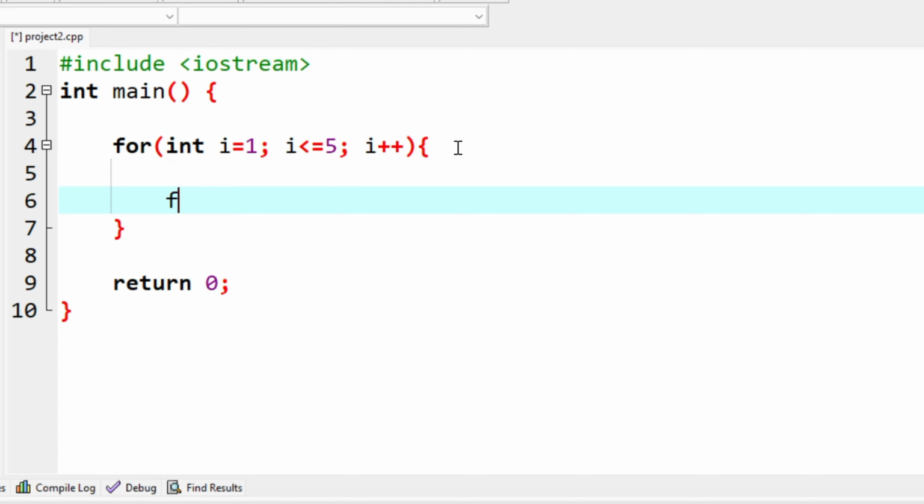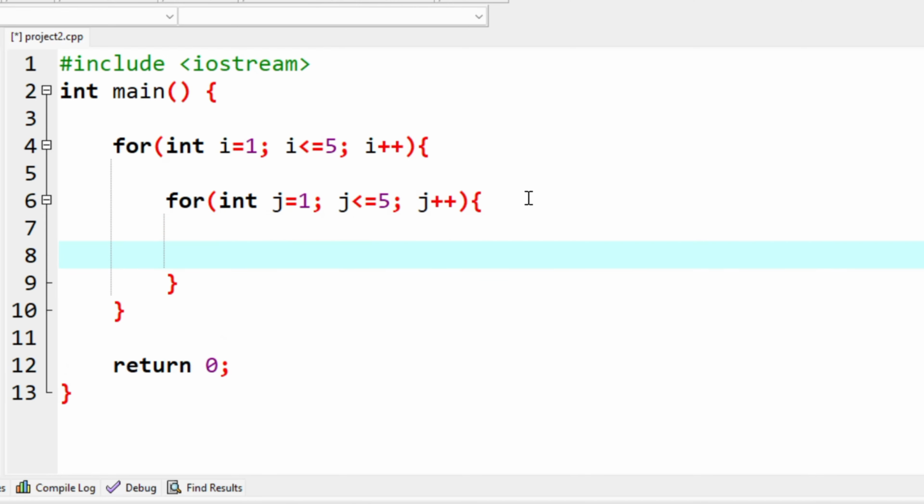So we need to create another loop for columns, for int j, which is equal to 1 also, then j less than or equal to 5, and also here j increment from 1 to 5. Then after this one, now we need to set a condition where our program will print